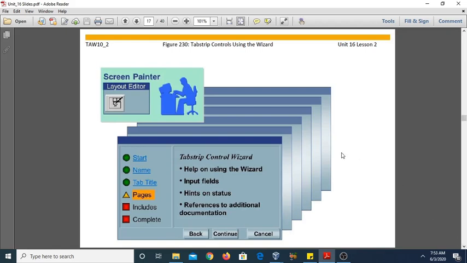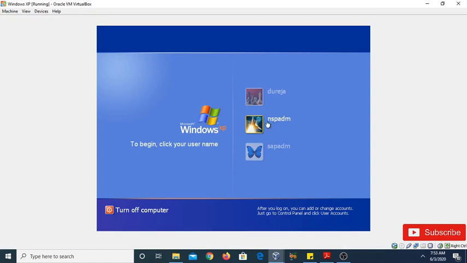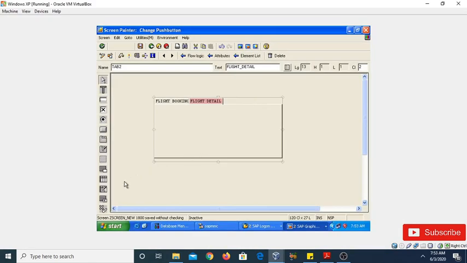Come to the next topic, and this is the last topic of this unit number 16, tab strip control using the wizard. As I have already told you, we can also use the tab strip control wizard, which helps you create the tab strip control directly onto the screen. You can see practically here. So this is our table control with wizard, and this is our tab strip with wizard.